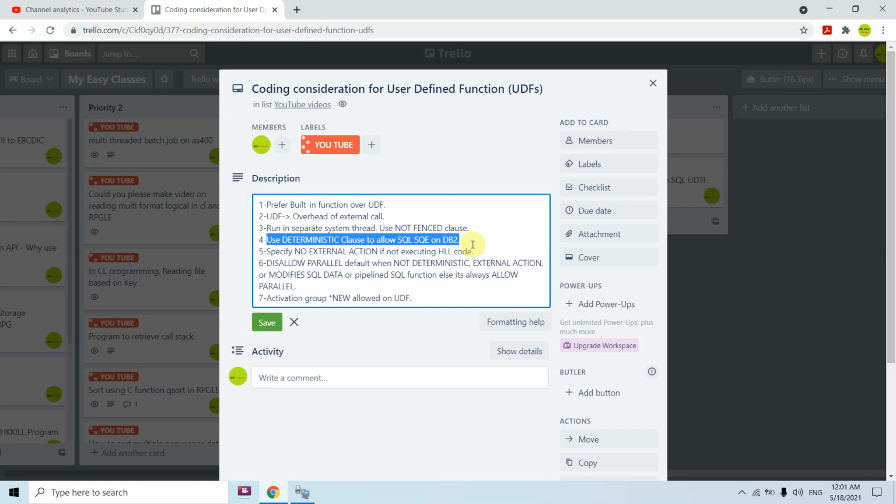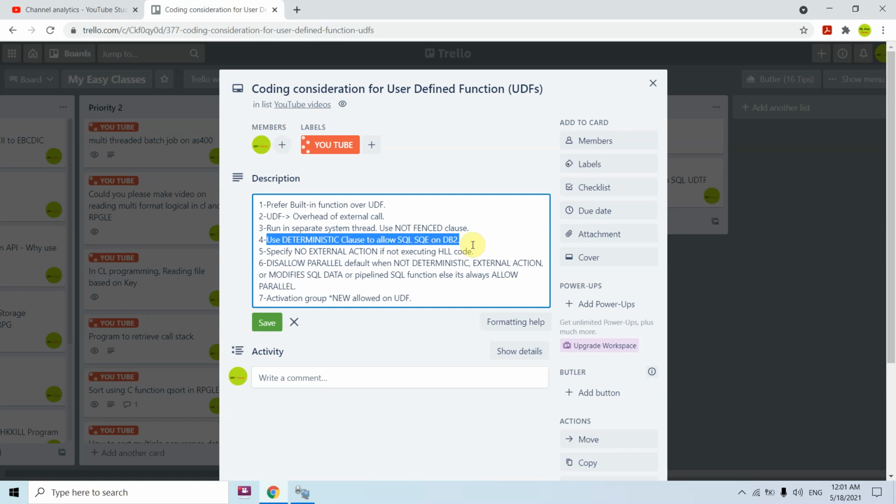In that case, we must define it with the deterministic clause, meaning it will return the same result when we give the same input. Whenever we call the function the first time, it will get called with that input, but on the second run, it won't get called. It will fetch the result cached in memory.